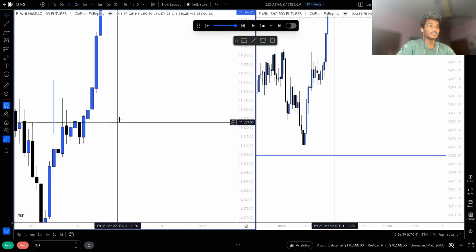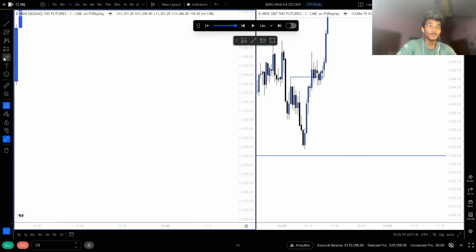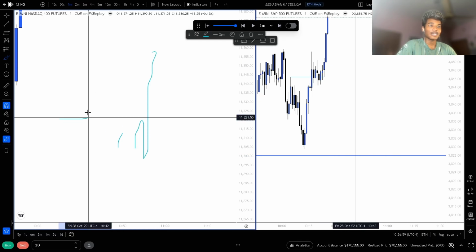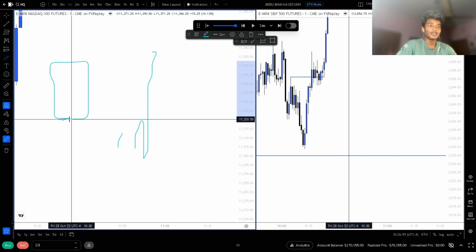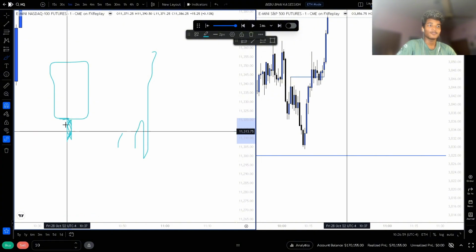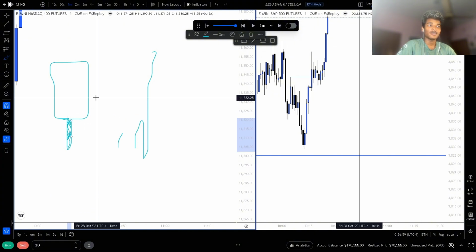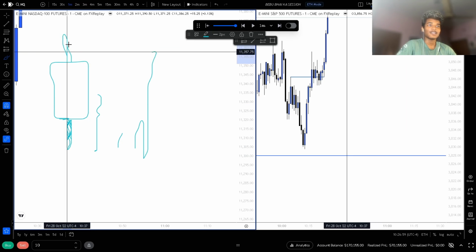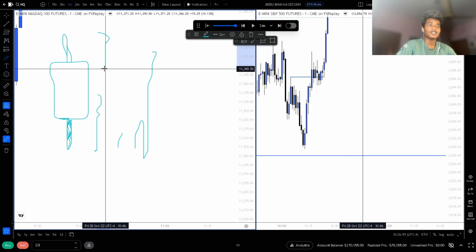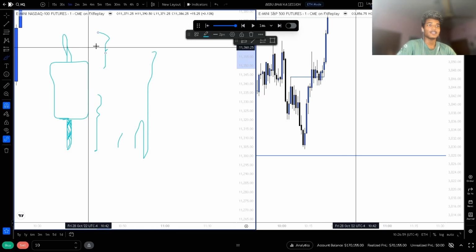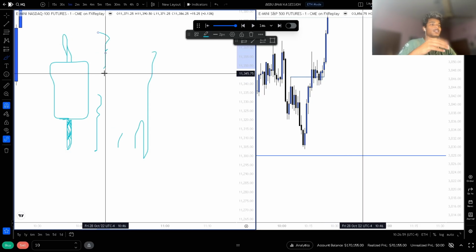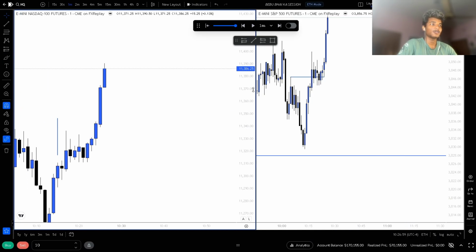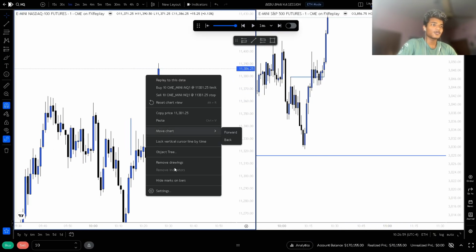Okay, so if a candle is going to move up higher like this, so a candle opens like this, if it is a green candle, you have to place yourself in this area and exit in this area. Okay, place yourself in this area and exit in this area. And if you are bearish, then vice versa. So this is the really nice setup that played out. And let's just move into the new day.